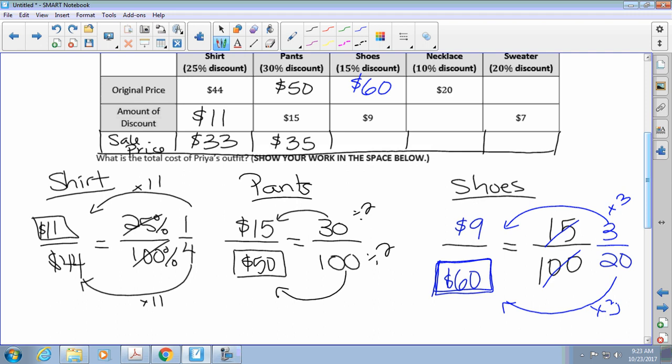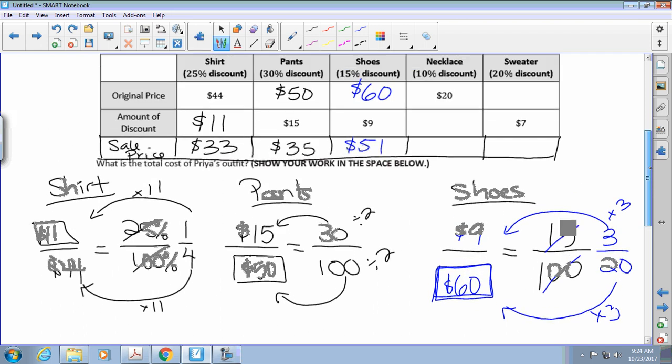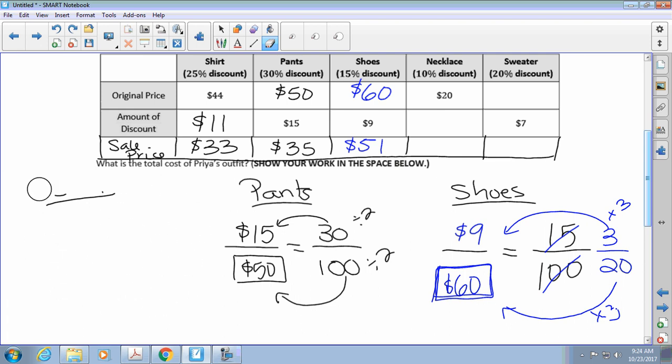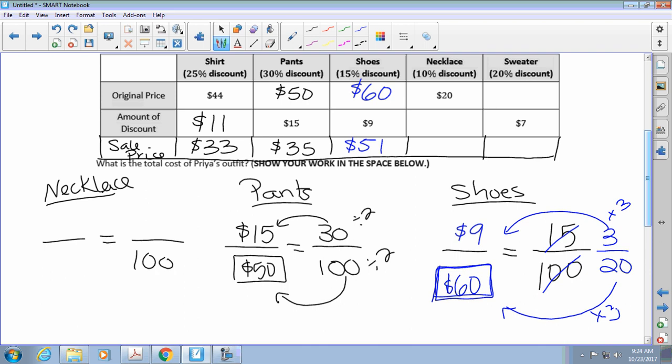So $51. And the necklace is 10% off. We know that it originally is $20. So I'm going to erase. You're not going to ever erase your work, but I am because I would like to see the chart. Okay. So the necklace. All right. We know percents are out of 100. We know that there's a 10% discount. We know that the original price is 20. So do I put that on the top or bottom, everybody? Bottom. Bottom, yeah. Again, the bottom represents the entire amount. The original price, we'd say. All right, so